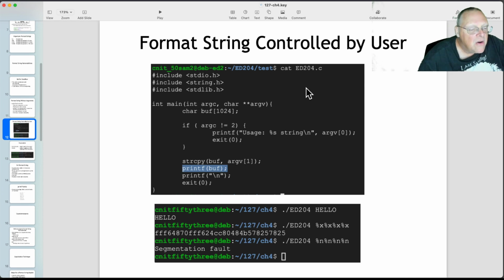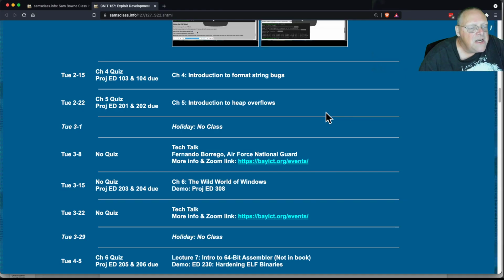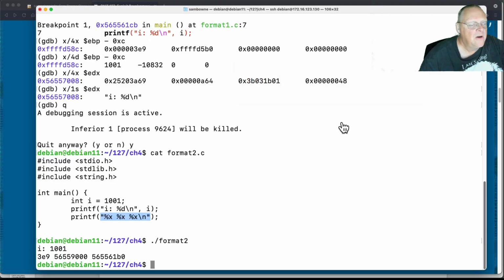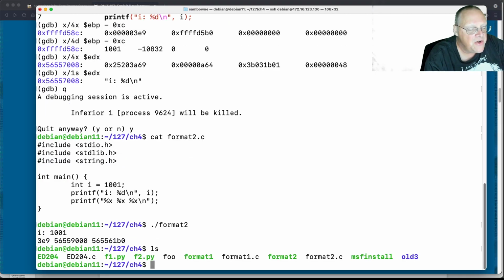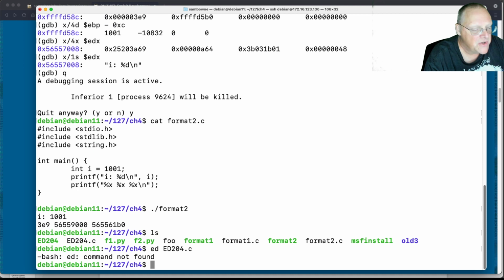So let me open this one up, which is ED204. All right. So this is the one I use in my projects, instead of that one that you mentioned, that old WS thing that's out of date and not interesting. Point C. All right. So I just wanted to cat it, actually. Okay.